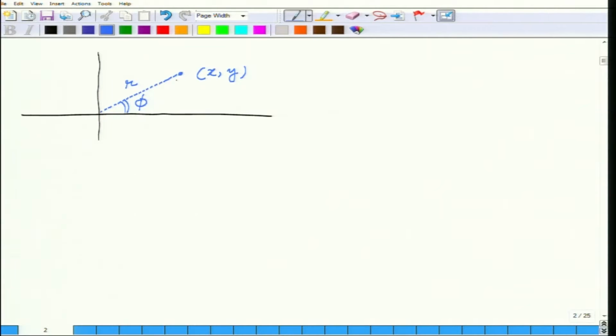If I make the x and y distances, this red one horizontally is x and this is y, and therefore r is equal to square root of x square plus y square always,